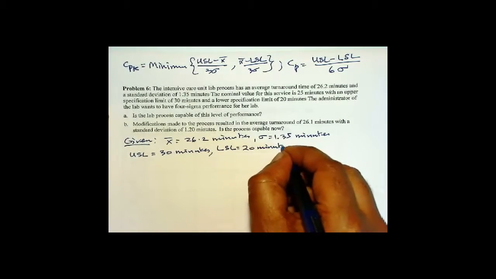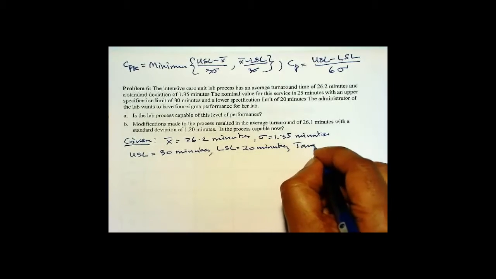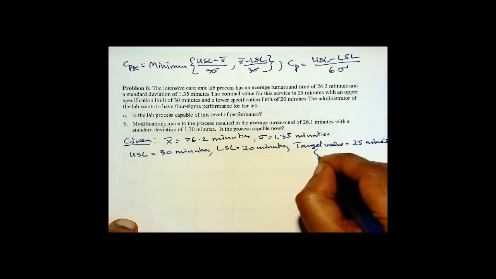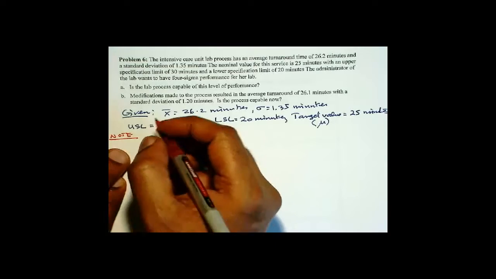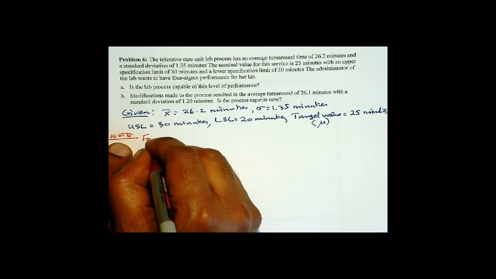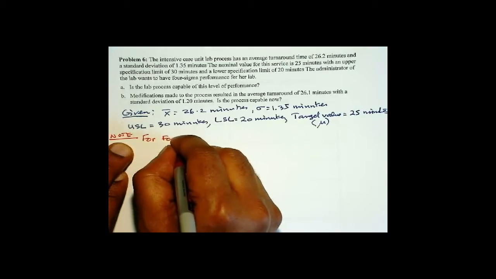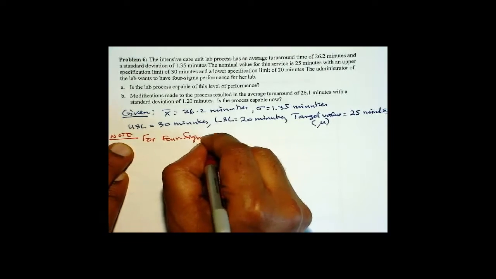which means the target value is in the middle, is 25 minutes. And sometimes the target value is represented by the notation mu. Now the minimum value needed, so you note here, under normal circumstances, which corresponds to what is called 4 sigma, for 4 sigma performance,